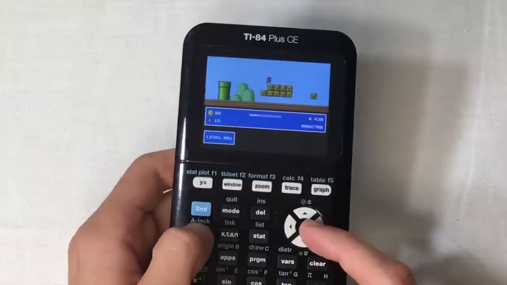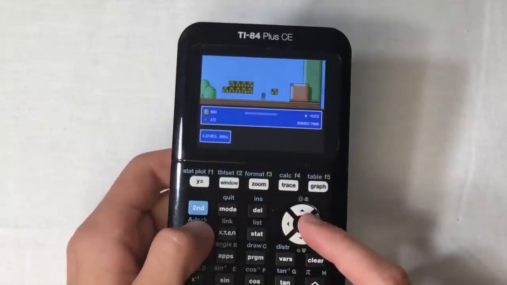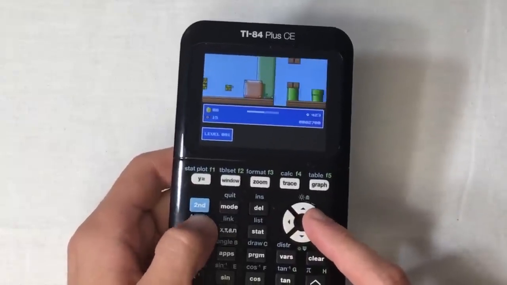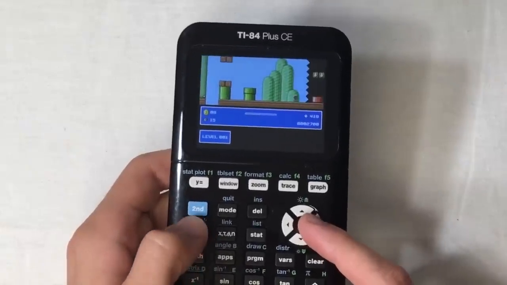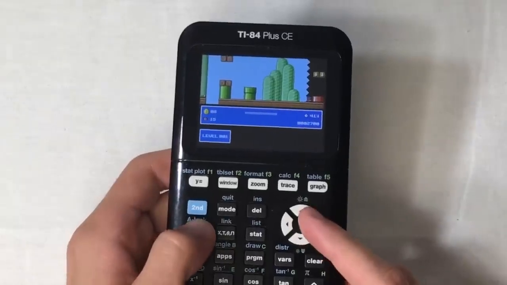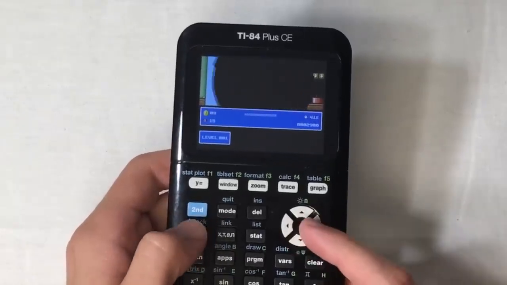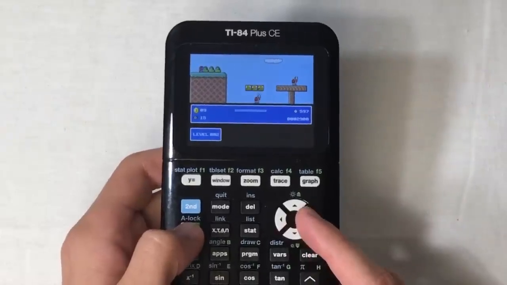No, what? And after all of that, my camera was full on storage, so the footage of me actually beating the level got deleted. I had to go back, this is much later in time, play it again, and get to the end so you'd actually believe me that I didn't just beat it off camera or anything like that. There's a little pipe at the end of the level that you just go down, and it takes you to the next stage. But yeah, that took way longer and way many more deaths than I'm willing to admit,